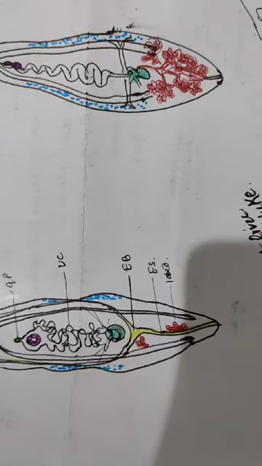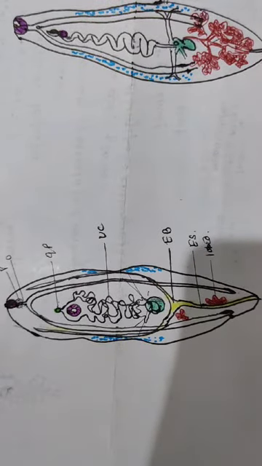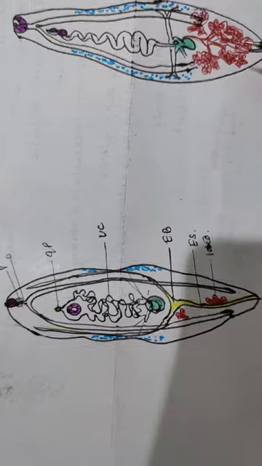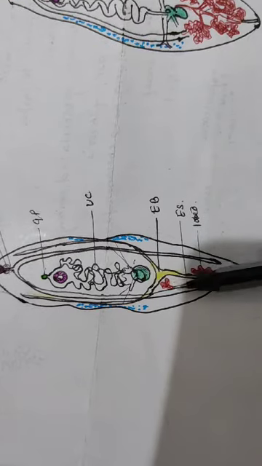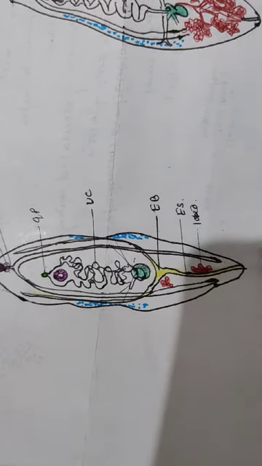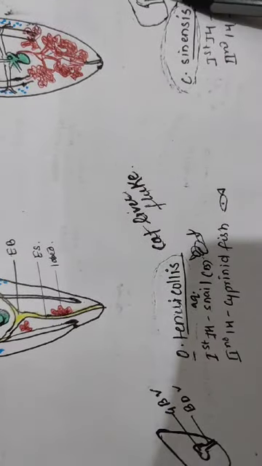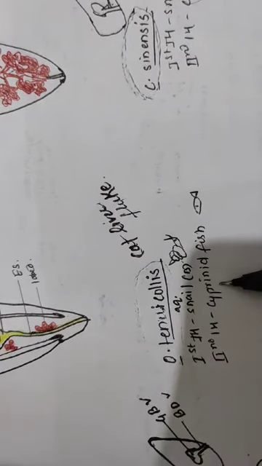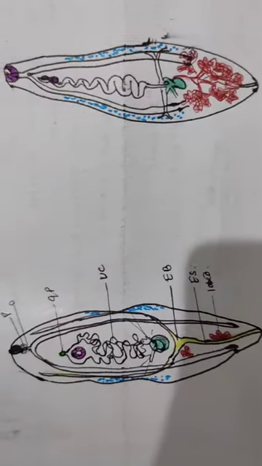And the control includes proper fecal disposal and snail destruction to inhibit the life cycle, and proper fish cooking is a must. So what you have to keep in mind, or what questions are asked, are about the excretory bladder, the testis, the position of the ovary with respect to the testis, the common names cat liver fluke and Chinese liver fluke, and the first and second intermediate hosts. So this is all about the family Opisthorchidae.